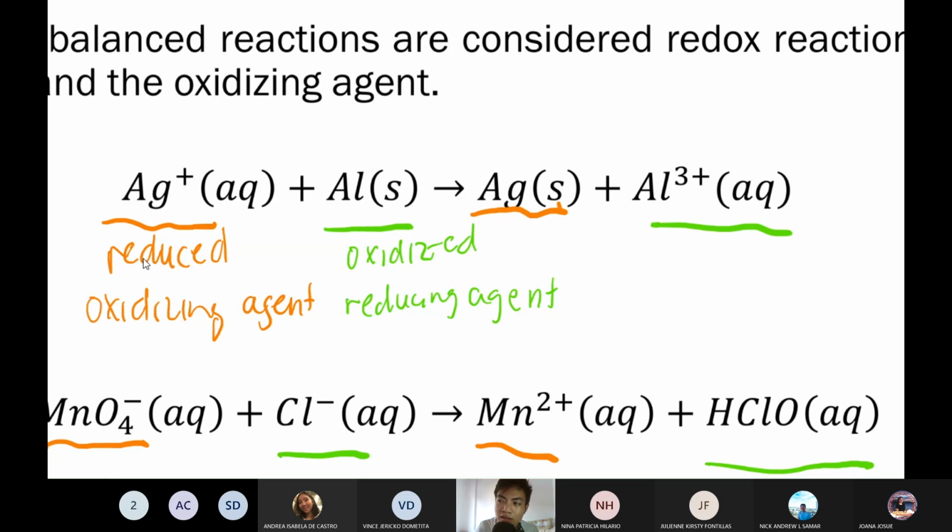Okay? Kung sino yung na-reduce, siya yung oxidizing agent. Sino yung oxidized, siya yung reducing agent. Baliktad ang tawag, pero nabigay ko na yung logic sa inyo. Ito kasi yung mamimigay ng electron. So, siya yung reducing agent. Siya yung magre-reduce ng iba. Okay? Ito naman, ito yung tatanggap ng electron nito. So, since siya yung tumatanggap ng electron, tawag sa kanya oxidizing agent. Tinutulungan niya yon. Kaya baliktad yung tawag sa kanya. Kung sino-sino nagtutulungan, baliktad tawag.